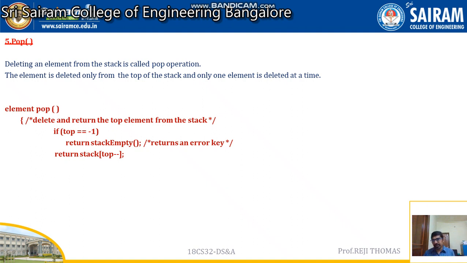Otherwise, what you can do is take a different approach. You can write return stack[top], and in the next line, you can write top is equal to top minus 1. That also you can do, but we are not doing it. Everything we have written in a single statement. That's why I told you this is one shot, three birds. We are returning something, we are decrementing it, and we are returning it to the called function. So one shot, three birds, right?